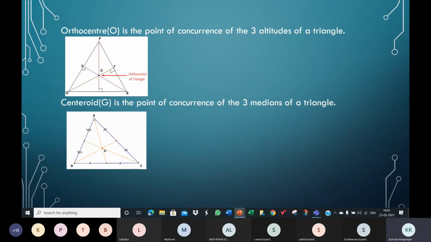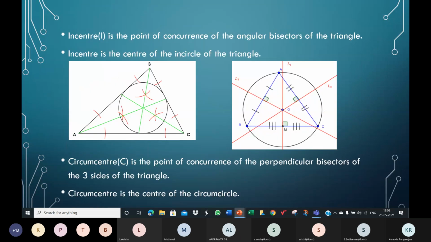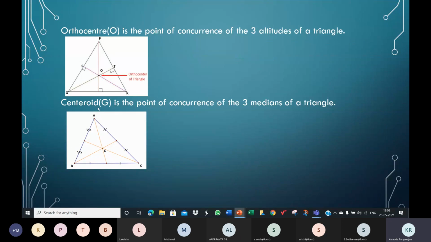So from A, this is the median. From B, this is the median, because it meets the opposite side at its midpoint. And from C, this is the median, because it meets the opposite side at its midpoint. And you can see that the medians are concurrent. And this point of concurrence is called the centroid. So orthocenter, centroid,